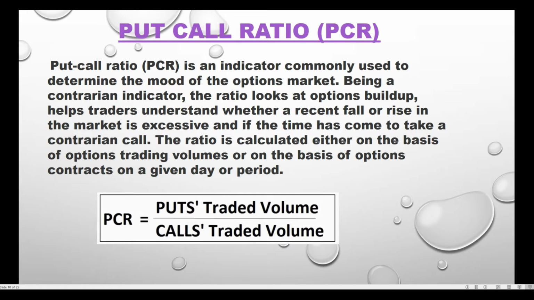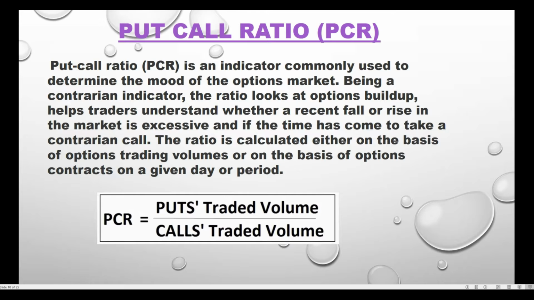If I need to tell, it tells where the open interest or volumes are built up in the options, whether on the put side or on the call side. The value of PCR tells whether the fall or rise in the market is excessive, meaning if the market is continuously falling, there will be a point where the market may take a U-turn. That can also be known from this. And if the market is continuously rising, we can know at what PCR level the market can start to book profits.